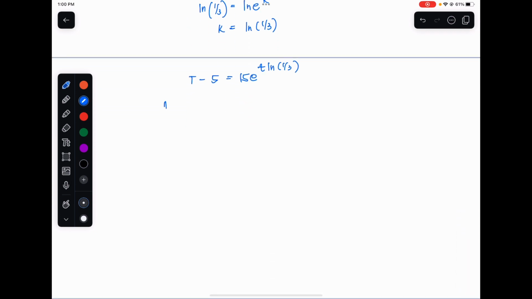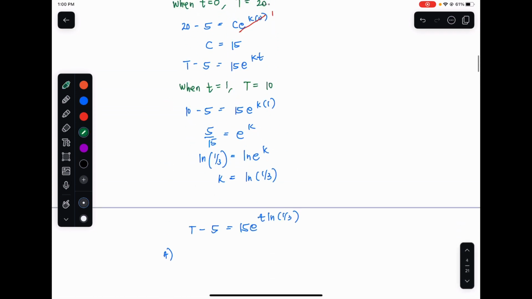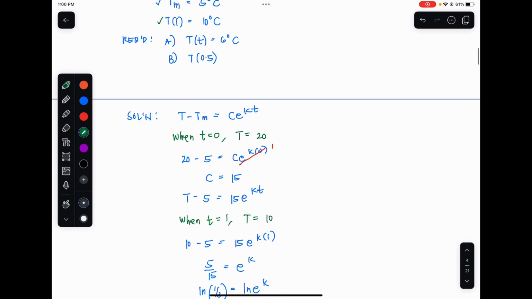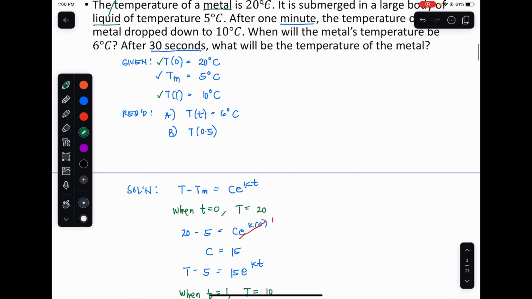So we can now proceed with our first requirement. What would be the time for us to reach 6 degrees Celsius? As you can see here, 6 degrees Celsius is below 10 degrees, and 10 degrees would be after a minute. So for the temperature to drop down even further to 6 degrees Celsius,